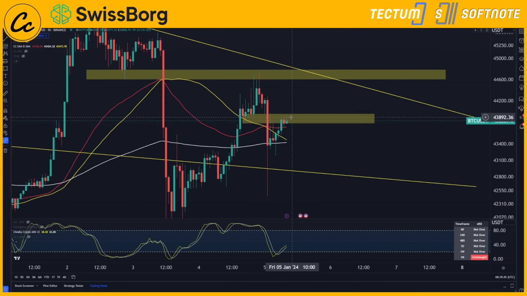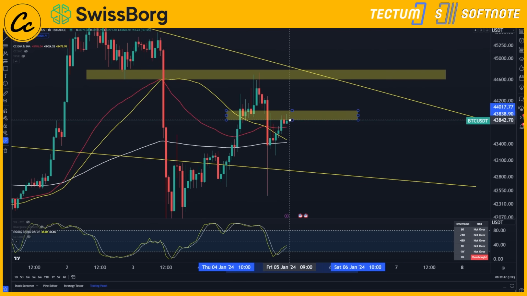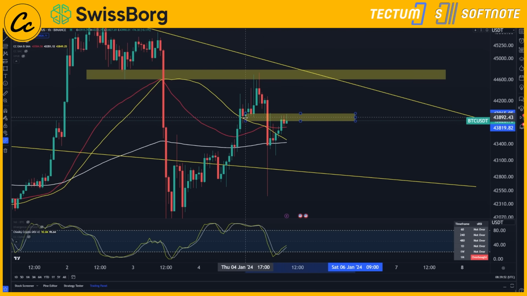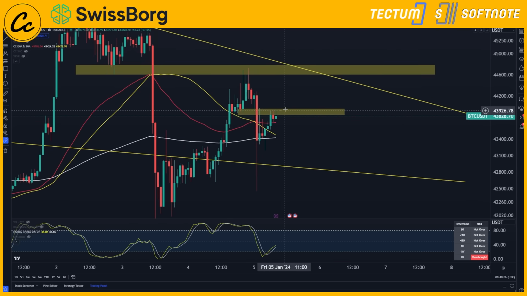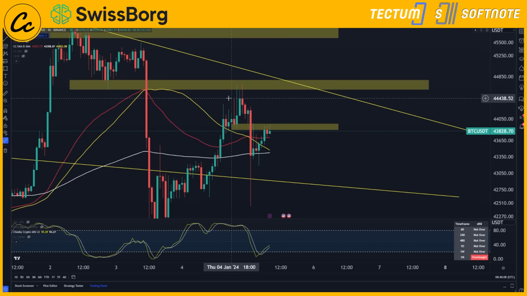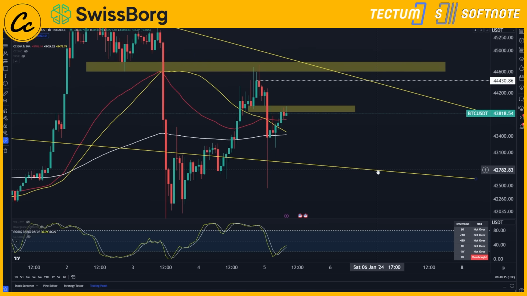Okay, so getting closures above, actually, if I can refine this just a little bit here, if I go ahead and refine this area, I would say that the main area of resistance is going to be kind of right here, 43,845 to 43,965. So this is currently where we're not getting any closed positions. Now, if we can get a closed position above this area, that will give us a little bit more hope that maybe we'll test the slightly higher range coming in at 44,430 before we see any further moves to the